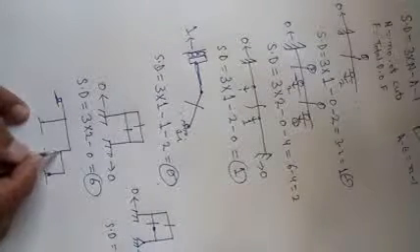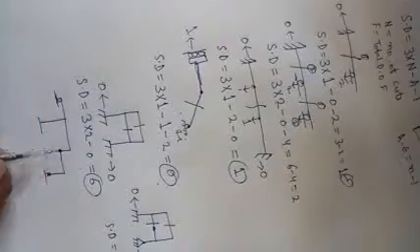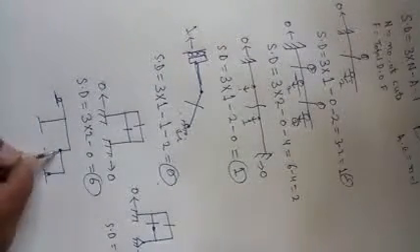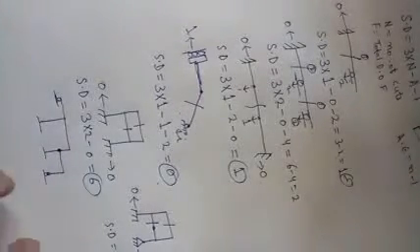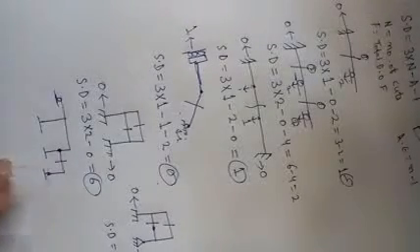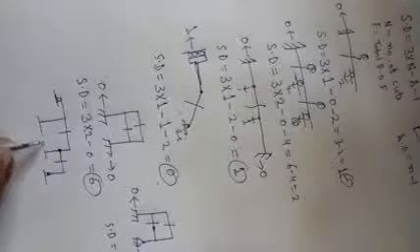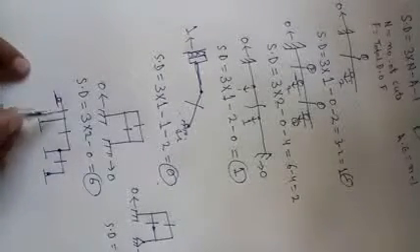Suppose I will take a hinge here. There are 4 supports, you have to first separate each support. I will cut here, so this support is now separated. I will cut here, this support is also now separated, and also I will cut here. Now all these supports are